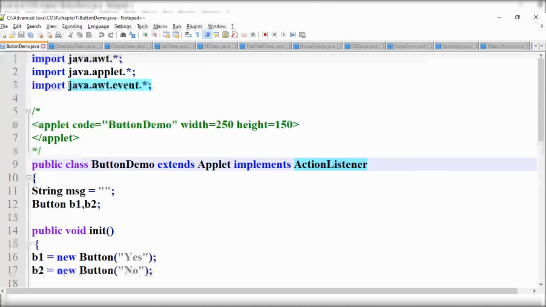For event handling, we require the package java.awt.event.*. The previous two packages, java.awt.* and java.applet.*, are required only for displaying the AWT components. For event handling, we require the event.* package.